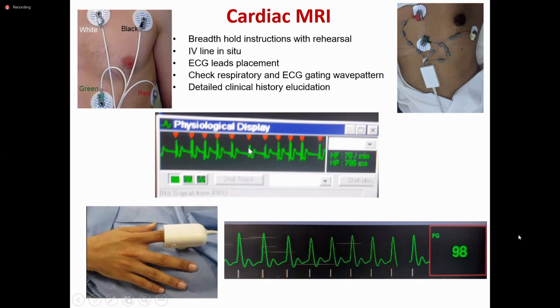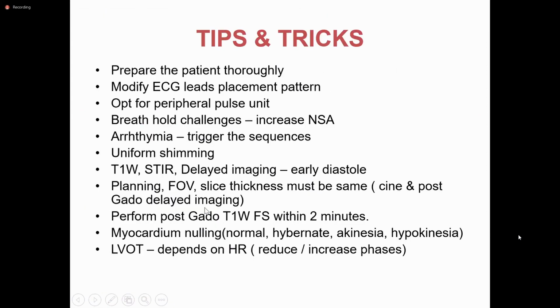If the trace is unsatisfactory, the commonest problem that you will come across is T wave elevation, so that the system cannot distinguish it from an R wave, which is very, very important when you're doing a cardiac MRI, because the triggering happens only when it detects an R wave. You have something called the trigger window and the trigger delay. So you need to check your ECG trace before beginning the examination. If you're having a problem with the ECG leads, you can go for peripheral pulse gating. But then, with that technique, you need to have a difference of 150 milliseconds in your TR. That is only one factor that you need to keep in mind.